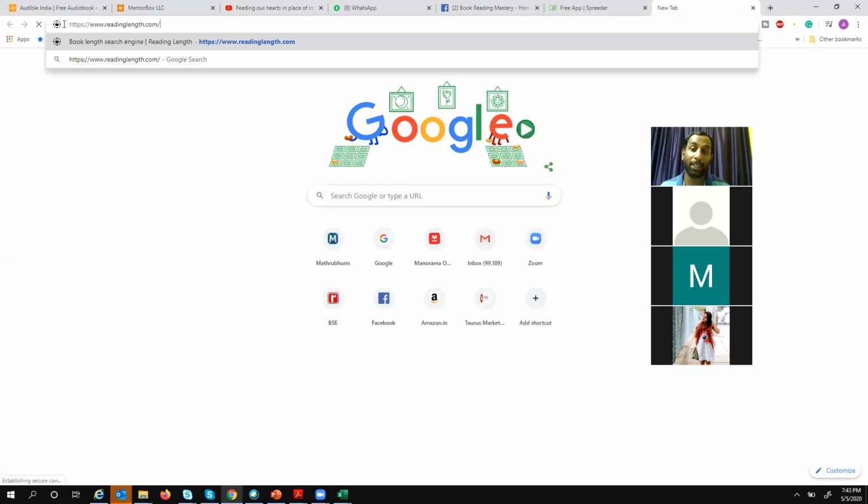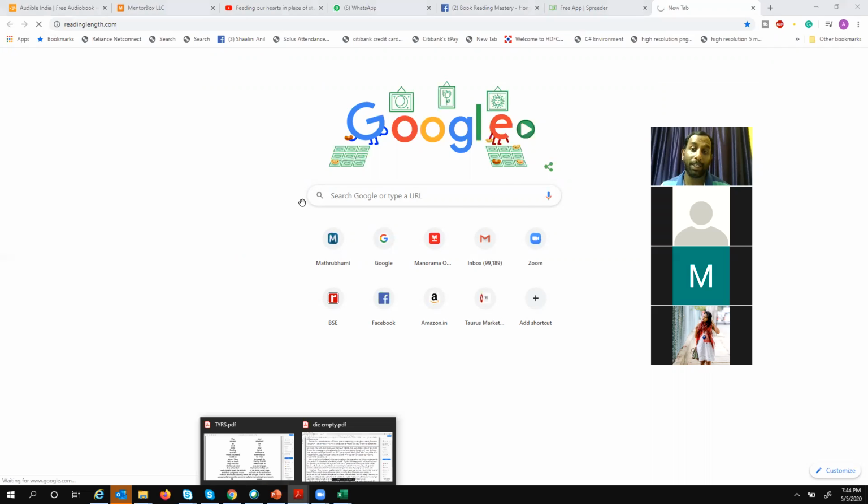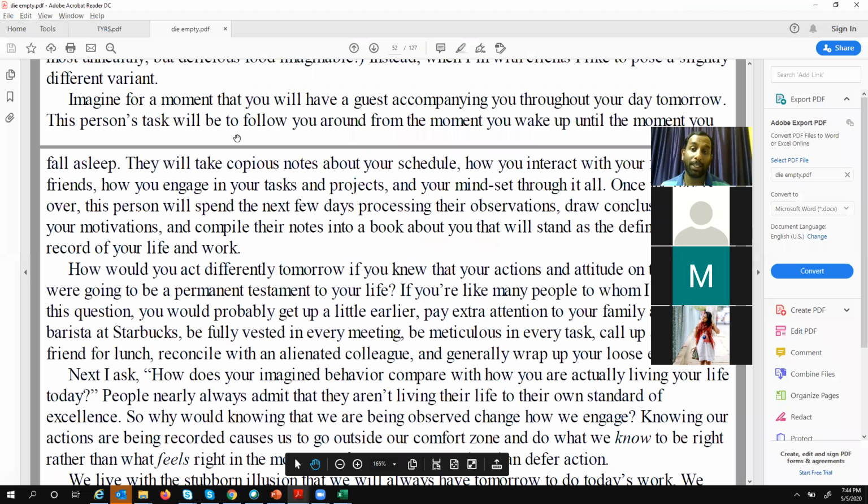Reading Length. Like, for example, I was telling, if you want to see the number of words in a book, the only way is to look at the number of pages. Say for example, 200 pages, and what is the size of each page? Each page has this many words. You look at that and multiply, right? 300 words per page into 200 pages is like 60,000 words. That's the way we normally calculate.